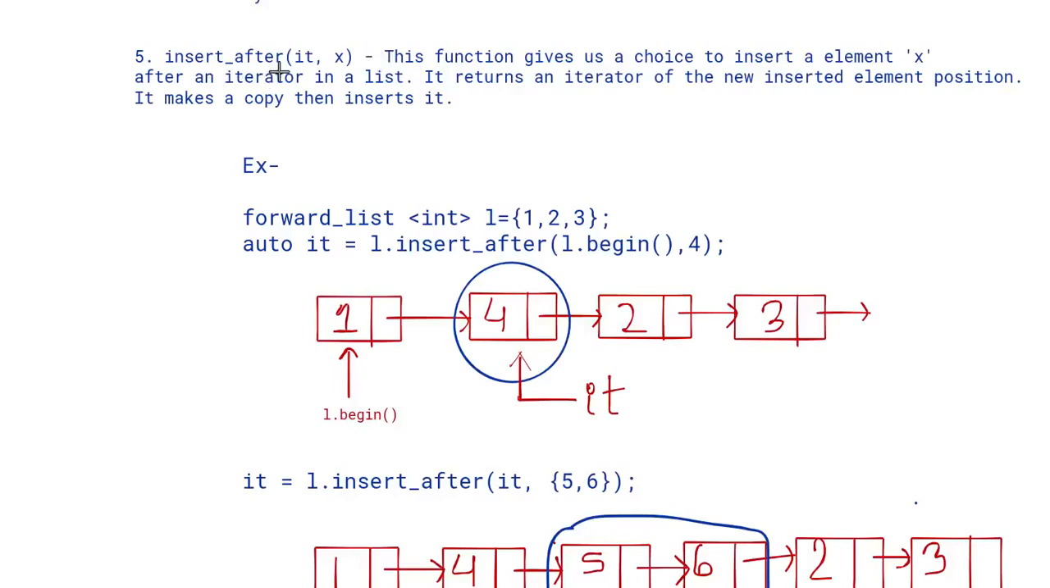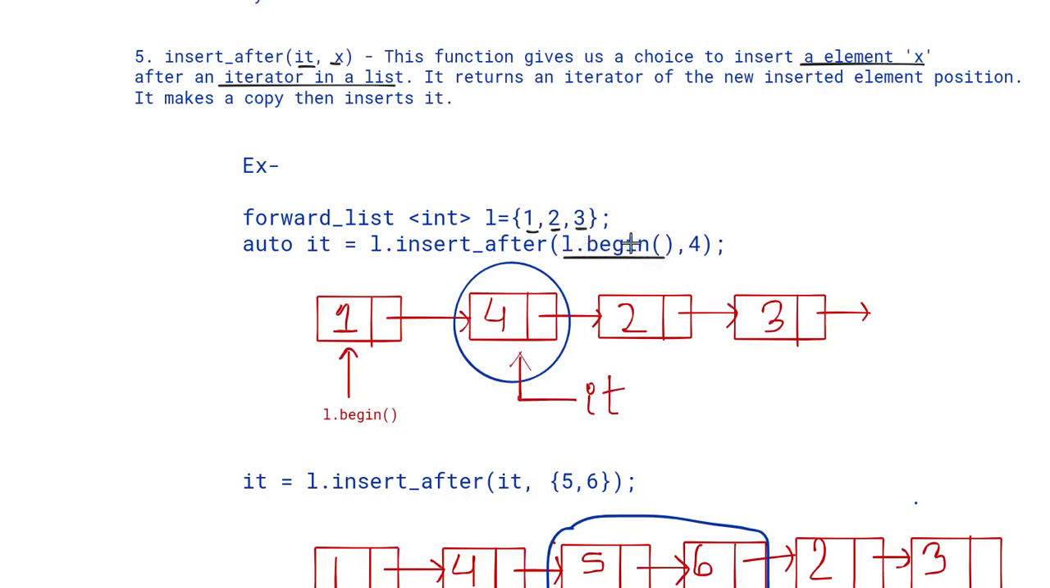So what insert after does is takes an iterator and a value. It inserts an element X after an iterator in a list. So whatever this iterator is in your forward list, it will insert X next to it like this. Let's say here is an example. We have a list like 1, 2, 3, and you know